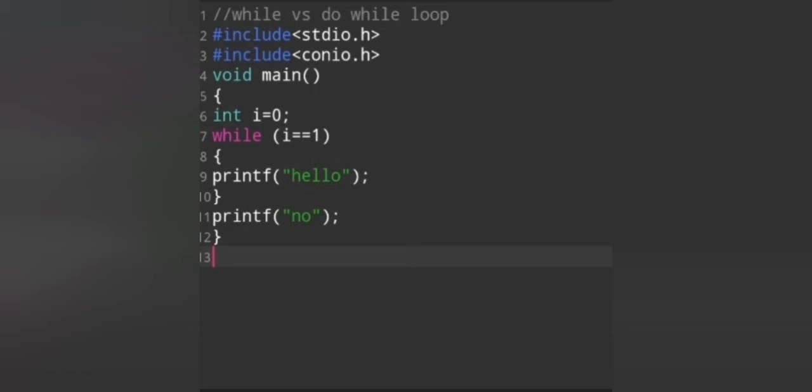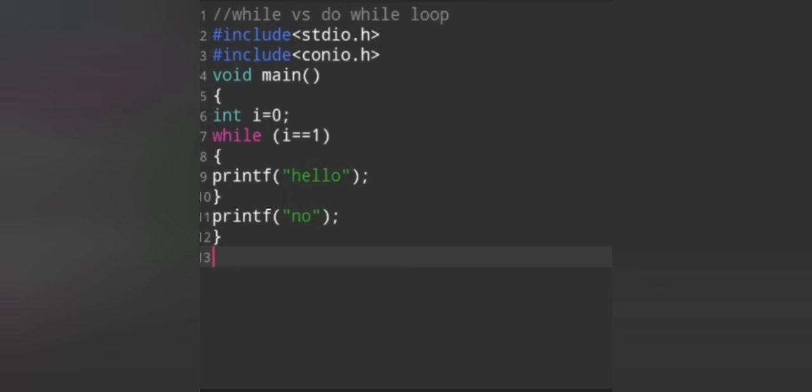Let us understand the concept of this program in depth. Here in the 6th line we have already assigned the value 0 to our variable i, and then in our 7th line we are writing the condition as i equal to 1, which is obviously a false condition. So our while block won't be executed. When we compile our program, the compiler will check the condition. If the condition is false, then the while block won't be executed because the compiler will turn to the next line, which is the 11th line, and this is outside the while block.